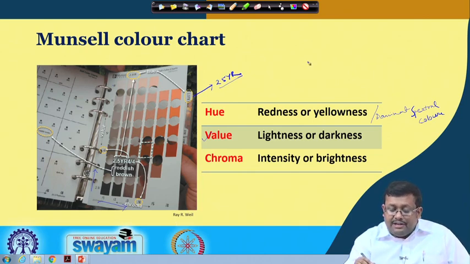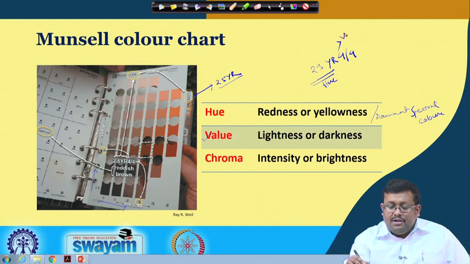For example, if we name a soil color as 2.5 YR 4/4, that says this soil has a hue of 2.5 YR with a value of 4 and a chroma of 4.